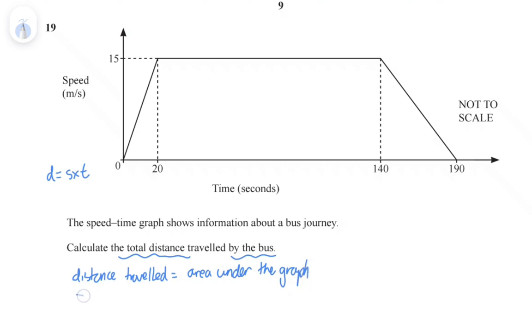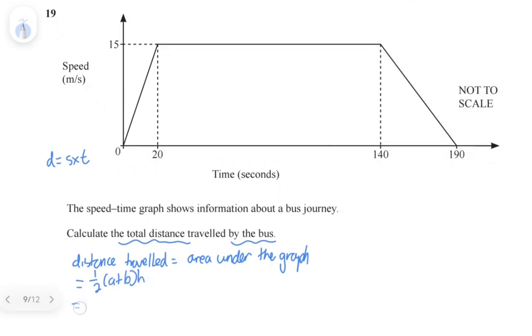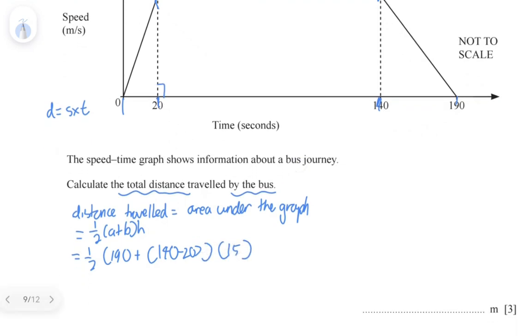And as we discussed earlier, the formula for a trapezium is half a plus b times height. So we have half, the value of a is 190, plus the value of b would be this gap here, which is 140 minus 20, as we're only interested between these two bounds, times the height, perpendicular height, of 15. So that gives us half 190 plus 120 times 15, giving us a final value of 2,325